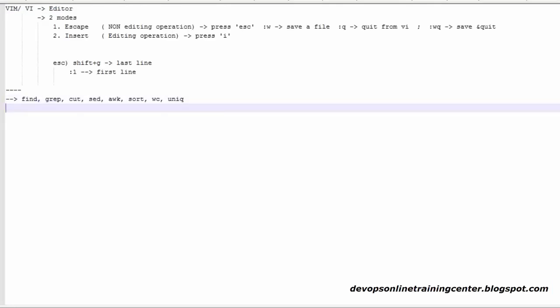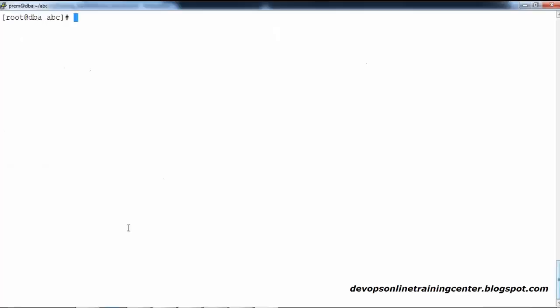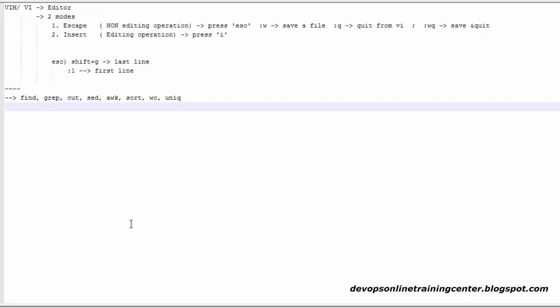Now similarly, there is one more good command, awk. The abbreviation of awk is Aho, Weinberger, Kernighan. Three people together developed it. Kernighan is a part of the Unix operating system, one of the authors, like Dennis Ritchie and Kernighan.